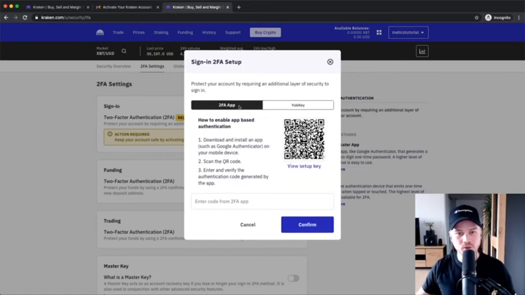And then we're going to just do what it says here. So we're going to download the app either in the App Store for iOS or the Google Play Store for Android. Afterwards we have to scan this QR code right here, and then we have to enter the code that we are getting inside of our application. So I'm going to quickly grab my phone and I'm going to show you exactly how to use this specific